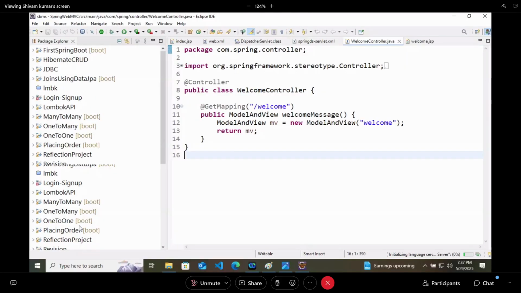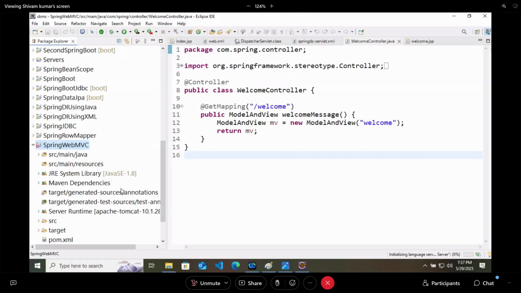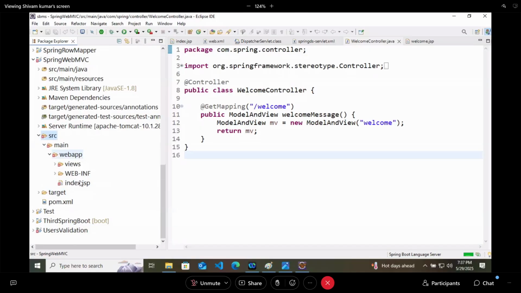So this was our project, Spring Web MVC. We were using the Maven approach to create the project here. And in that we have the src main and web folder, which will come with the default index.jsp file.